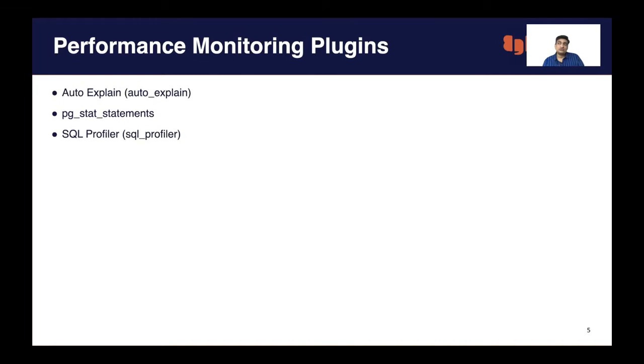You can also control when you want to do the logging. SQL Profiler creates traces as per the requirements.